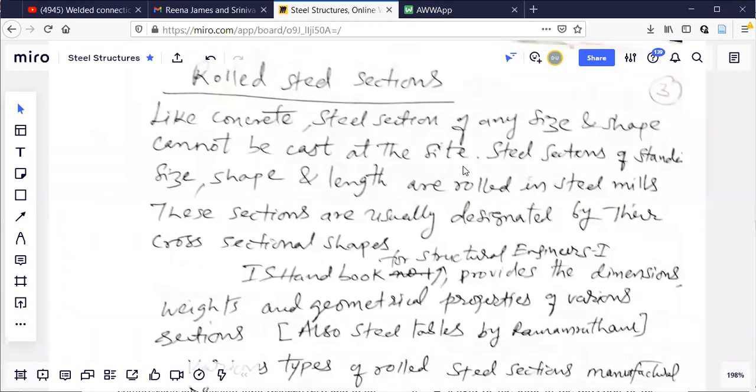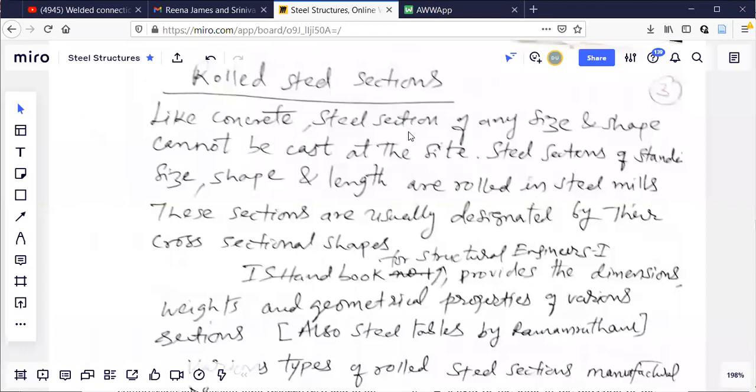If I say I want 230 by 500, that can be done. If I say 250 by 550, that is possible. If I say 200 by 300, that is possible.